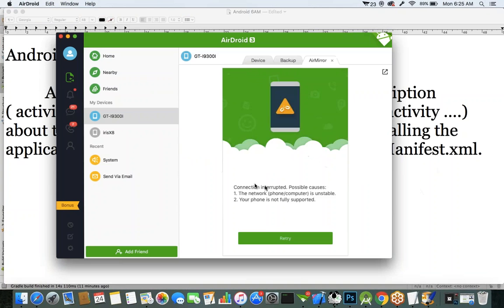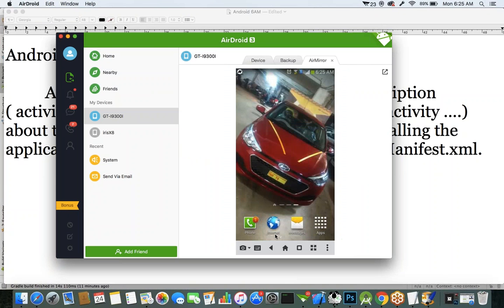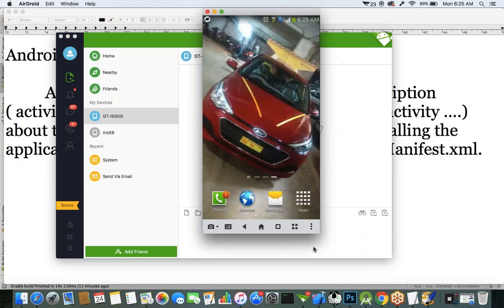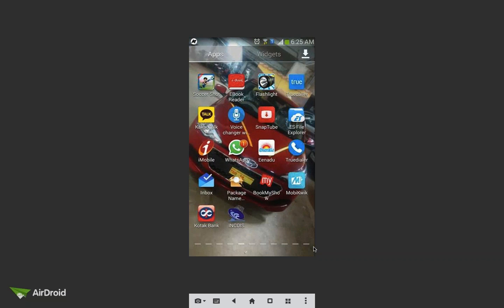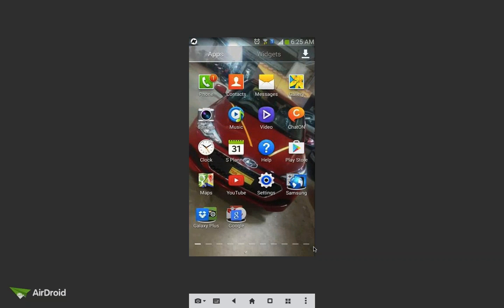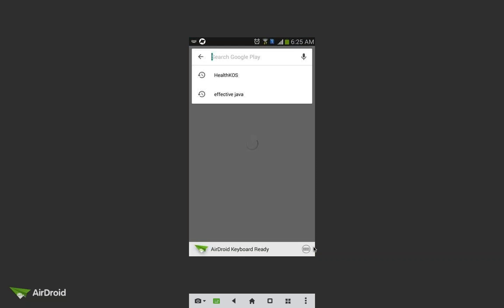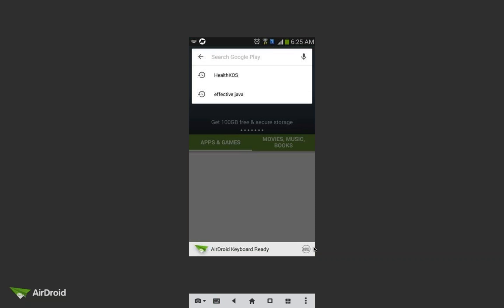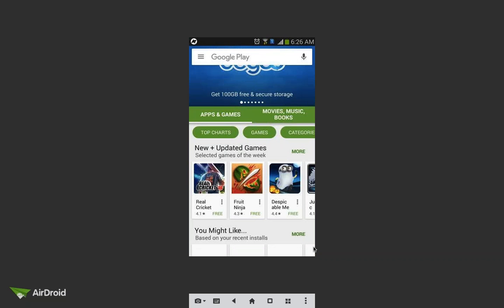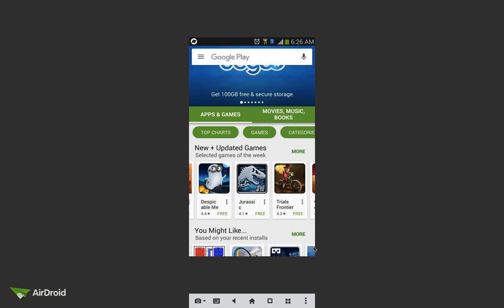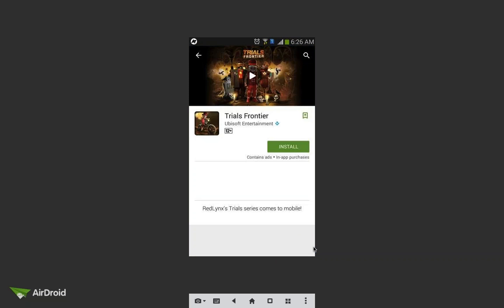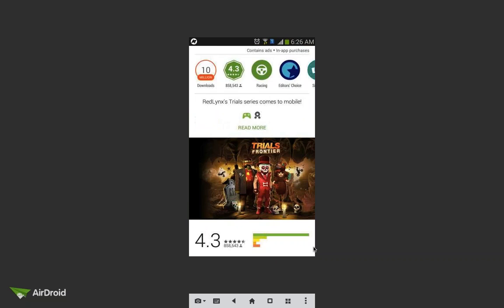Okay, just let me try once. See, I'm trying to download an app from Play Store. For example, this is some game, Despicable Me, or this Trials Frontier. So I want to install this app. Whenever you select this install button,